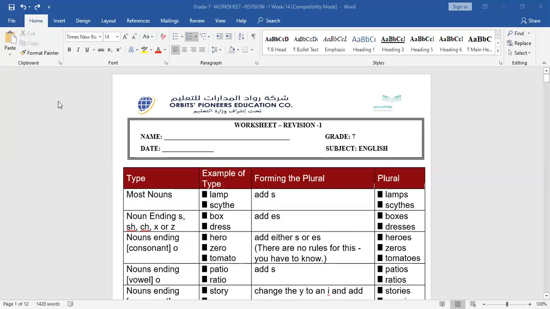Okay, guys. In all these revision weeks, I have included the important topics from the previous weeks in these worksheets. These worksheets are already uploaded in the system, so you can download them. For the next meeting, you must keep these with you, so that we can discuss them.